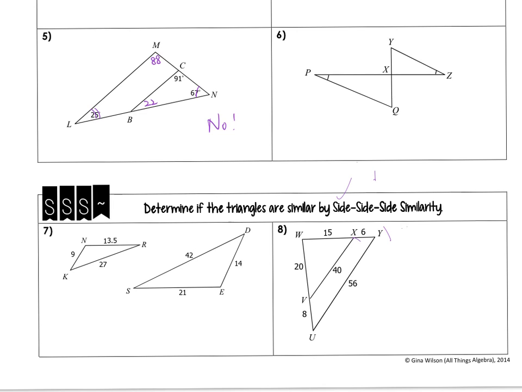Let's see if we can use SSS. So again, in this one, I just write them out from the smallest to the largest. And then I calculate and see if they equal each other. If they do, I found my scale factor. And in this case, if you use your calculator or simplify it, you find out that they all simplify to 9 over 14. Okay, so yes, and it's triangle KNR